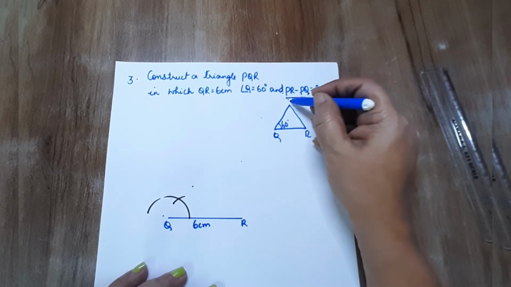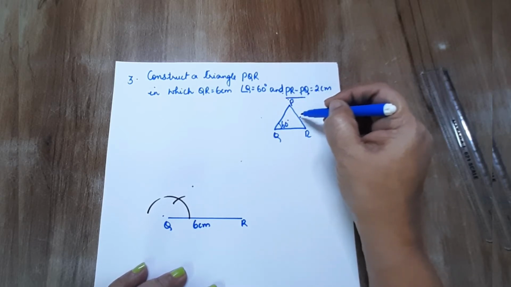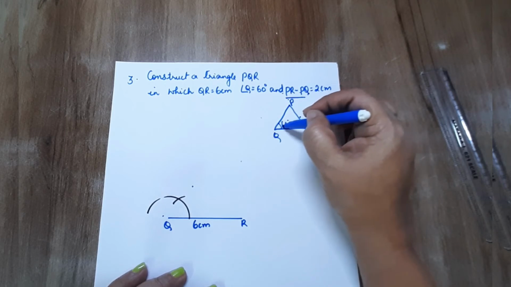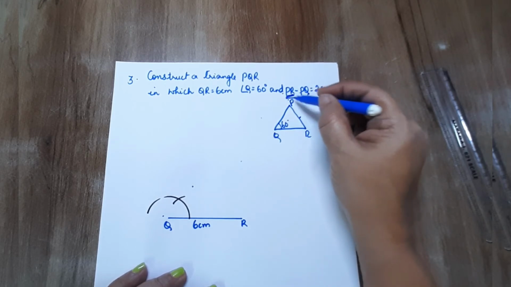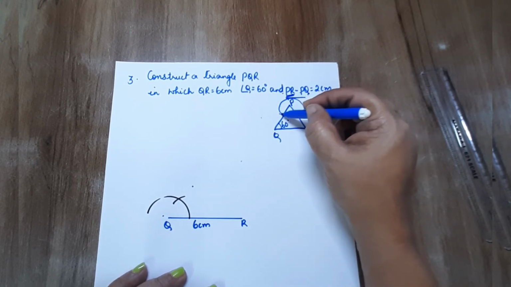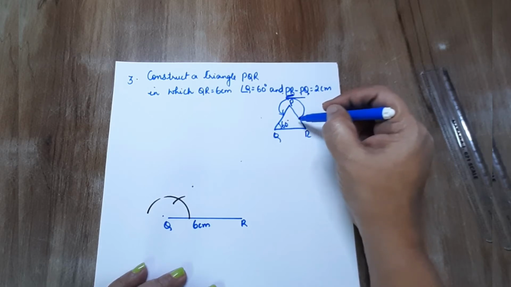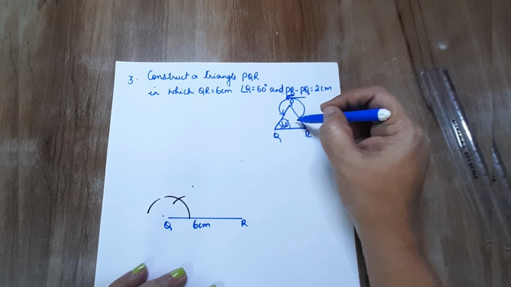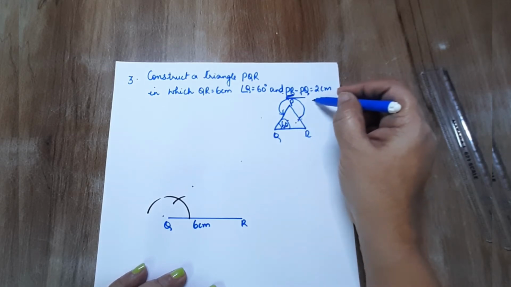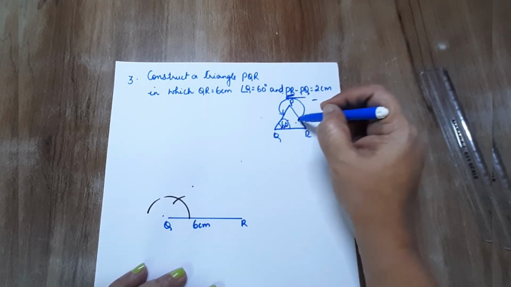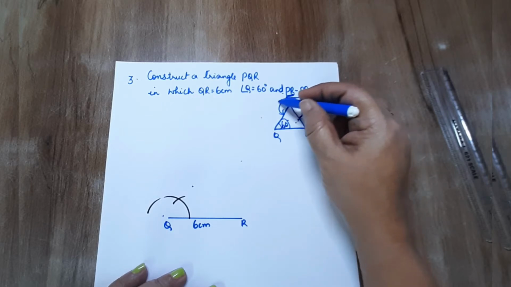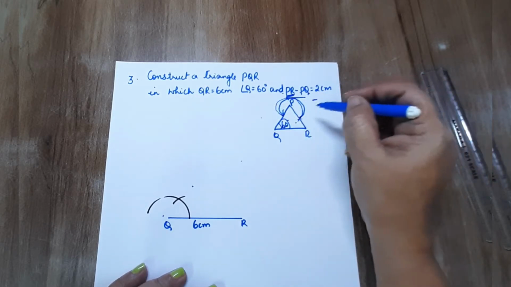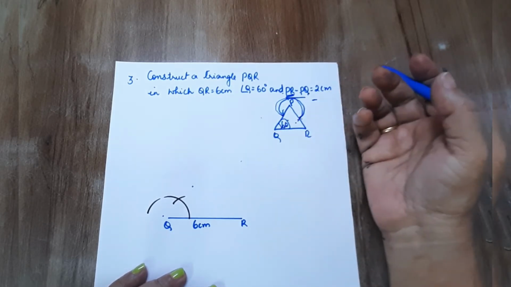So PR, this will be P here. So PR should be greater. We are coming from the opposite side of the angle given. This is PR given, I will come from PR to PQ. So make a note of this: PR is greater here. To get from the angle to the opposite side, I am coming back to the angle side. So here we will make our technique a down cut.